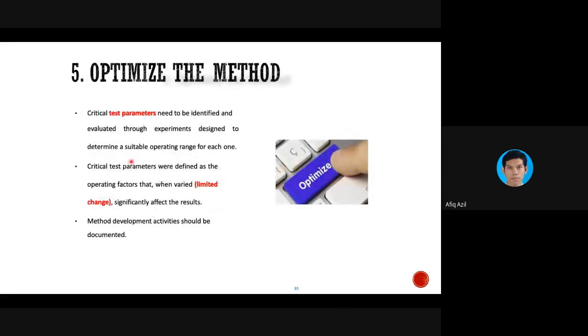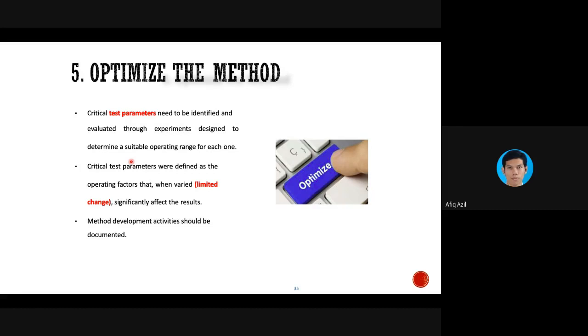So that, by changing something, is already considered not following exactly the standard method. After that, optimize. Optimizing. When doing the test itself, you are most definitely going to do some trial and error. Once you have selected from step number 4, you are going to do some runs, test runs with the sample, and from here you will be able to identify the problems that you encounter while doing the testing itself.